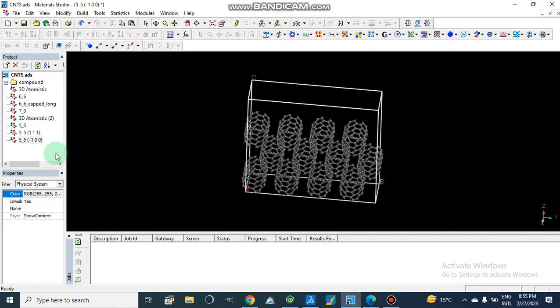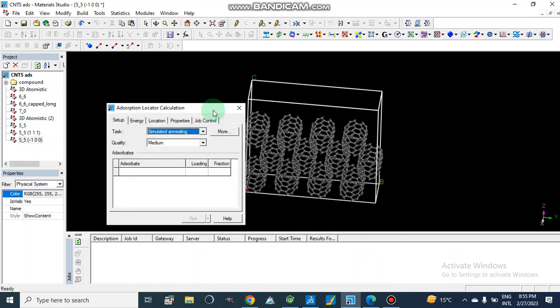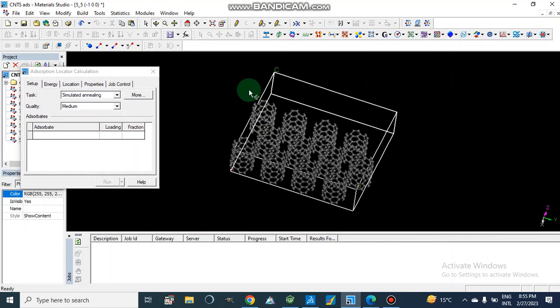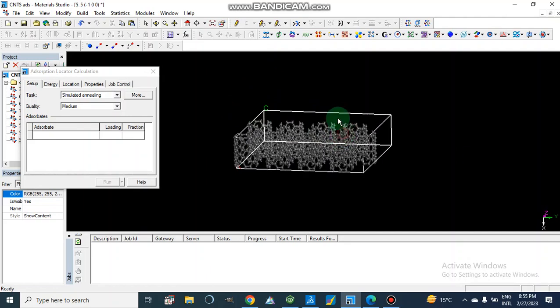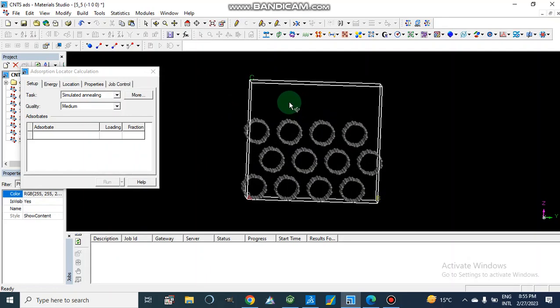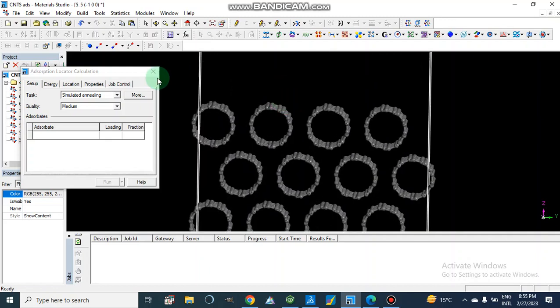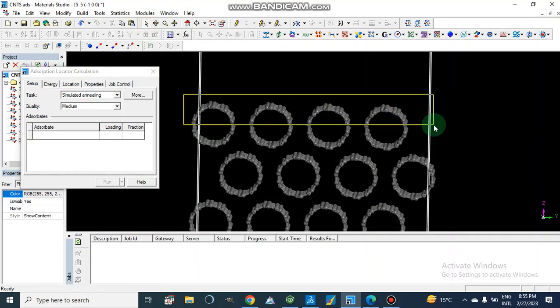Now we will go to adsorption locator, calculation. For this we will select our compounds or the surfaces which we want to locate for adsorption. So for this I am going to zoom it, and I need only these surfaces, so I am going to select these surfaces. Okay,